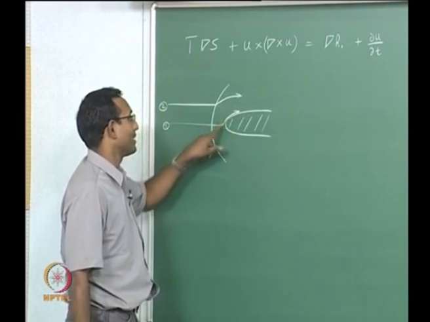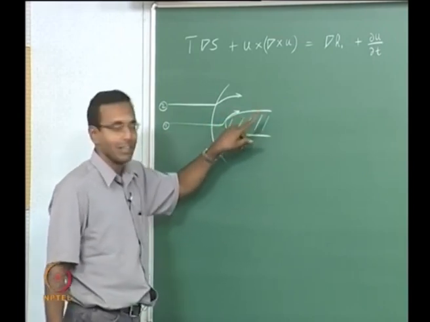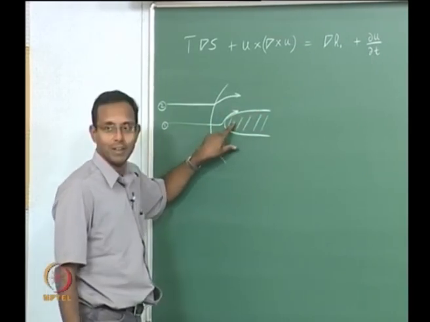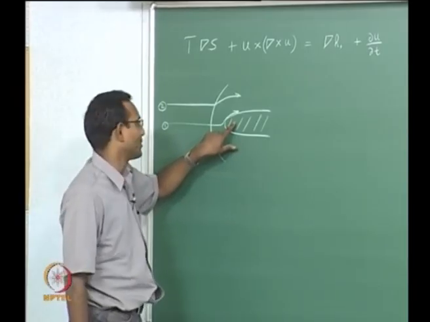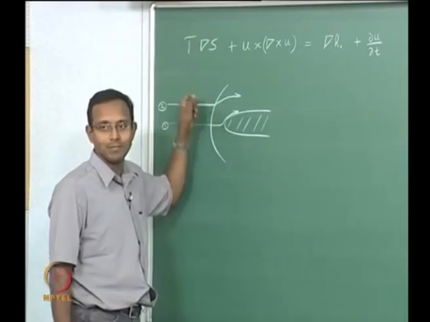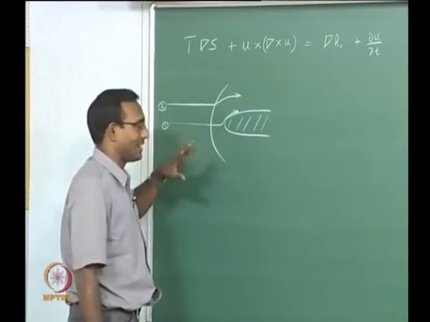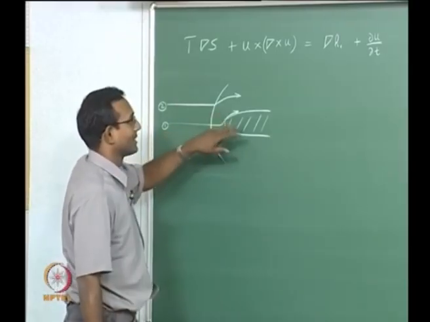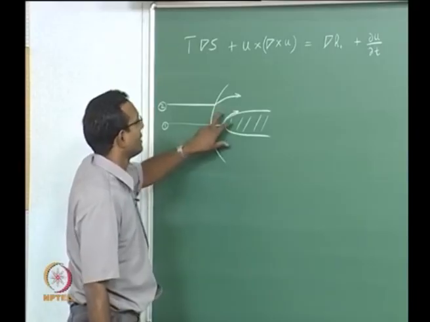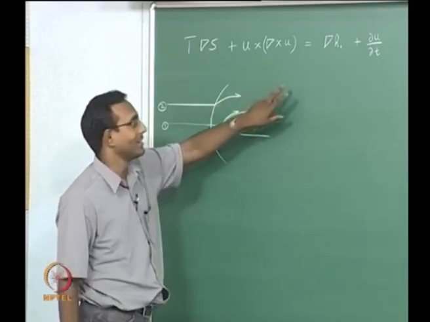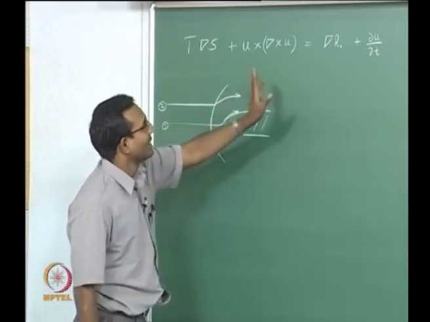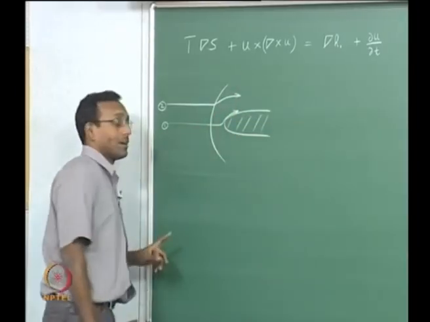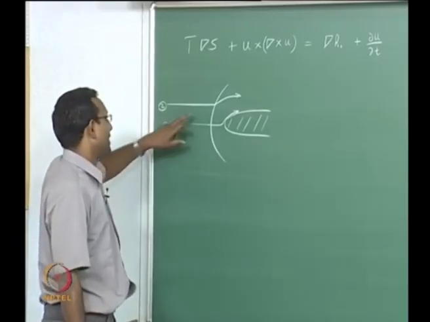Assuming I am having an adiabatic wall here, I am assuming my model whatever I am putting here is adiabatic. It need not be the case in real life. If there is an aircraft going supersonic, it may have some heat transfer as well. We will neglect that for now. If I think of such a case, and I say it is a steady problem, I will neglect this dou u by dou t term also. So, whatever I have, the right hand side is 0,